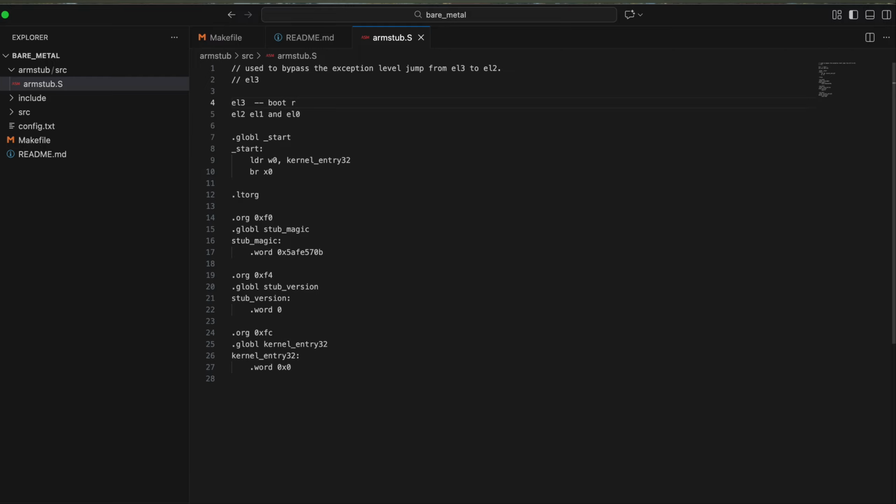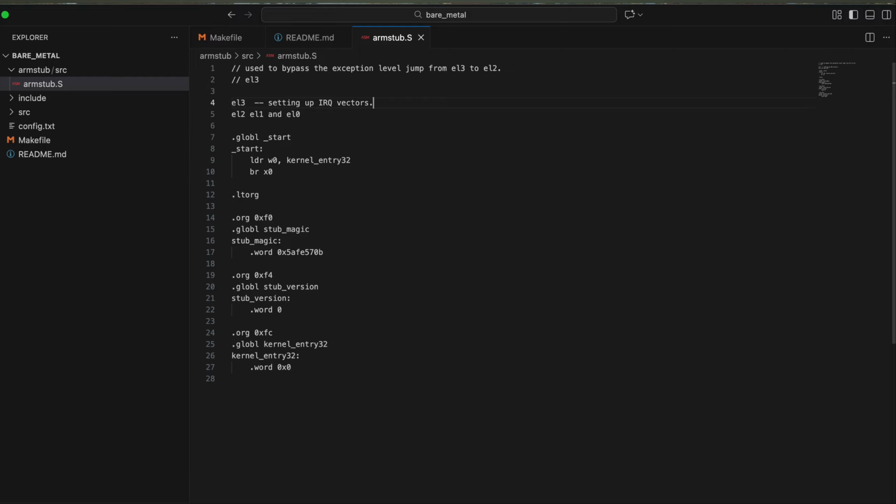Okay, so like setting up IRQs, IRQ vectors. So we need to set up the IRQ vectors at each exception level. Okay, at EL3, EL2, EL1,